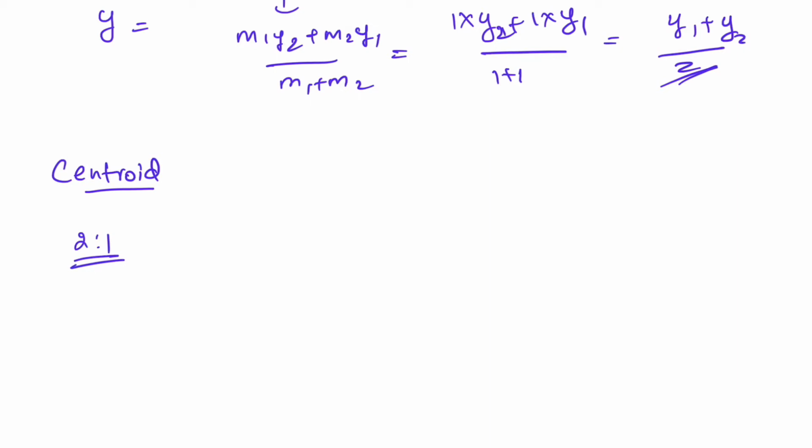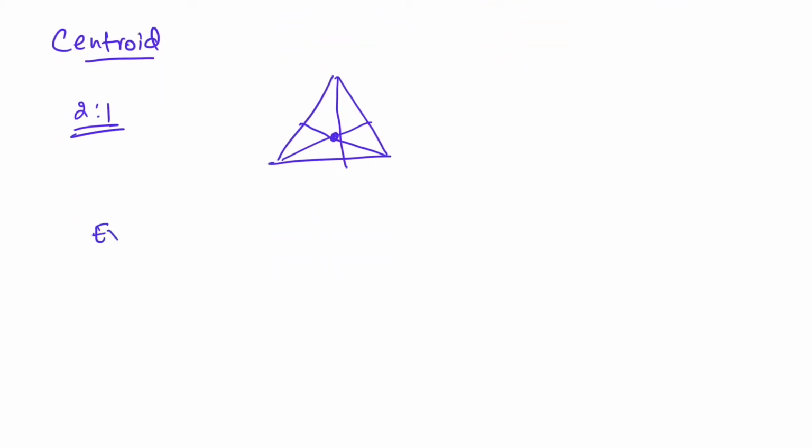Okay, so centroid of the triangle is the point of intersection of its medians. You know what is a median. The median of the triangle, you know, right? This will be the median. So it divides each median in the ratio 2:1. That is called the centroid. Okay, so let us come to the problems. So we'll start with exercise 13b now.